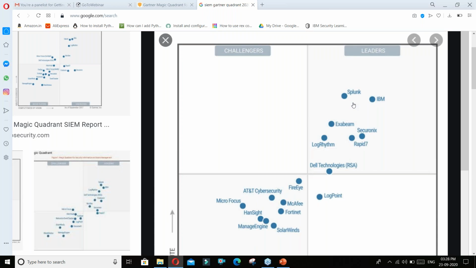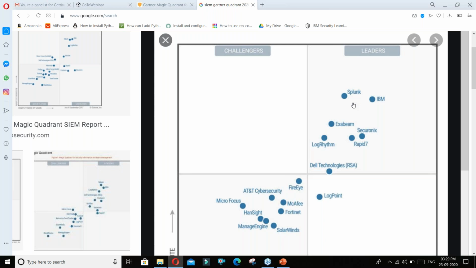The reason Splunk came from the bottom to the top is, first, it is very flexible. You can utilize it very easily. You can write different kinds of queries. Guys, I'm giving you pointers on why Splunk is at the top, so that you understand. First thing is, it is very flexible. You can write whatever query you want, and you can get the data. Other tools are not very flexible. They can write only specific queries to fetch the data. But in Splunk, I can be very flexible.